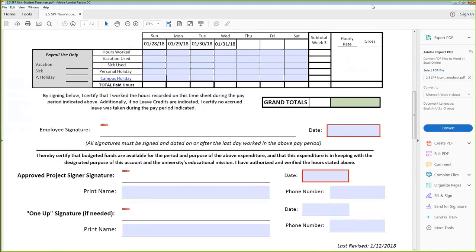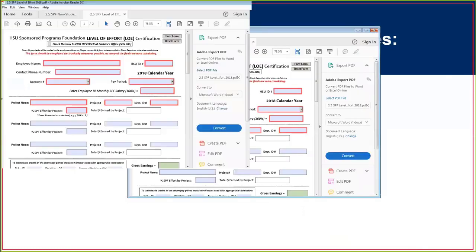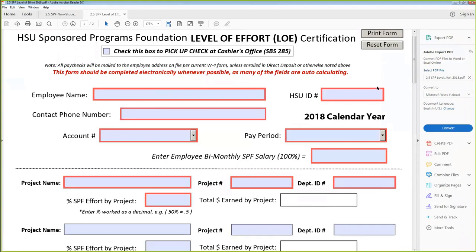So let me show you a different example. If someone was salaried, we'll look at that. This would actually be for administrators in our departments, actually for me, Kristen, and Ann, we would be filling out the salaried forms. And so there'd be an employee name here.